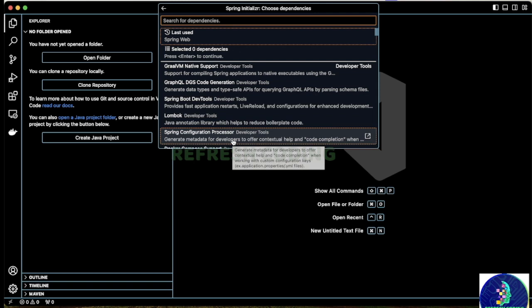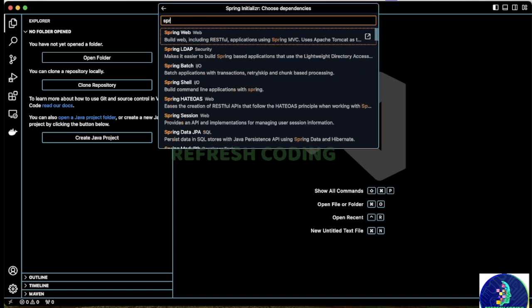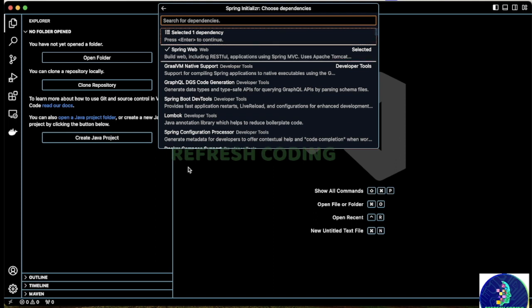After that, this is a very important step. We need to select the dependencies. Like for example, if I'm working with a web project or Spring REST project or Spring Data JPA, what I want to use. Okay, so I will take here one dependency, which is Spring Web. Okay, since I want to create a web project. That's it. After that, my work is done. And I will select this Spring Web